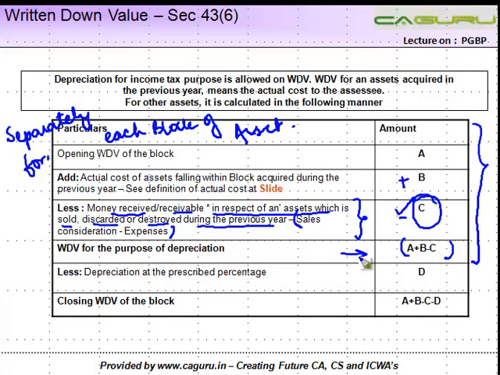Once you get this value for a particular block, you need to see what is the depreciation rate applicable to this block. Apply that depreciation rate and you will get the value of depreciation. Reduce this depreciation from the WDV and you will get the closing WDV of the block of asset, right?